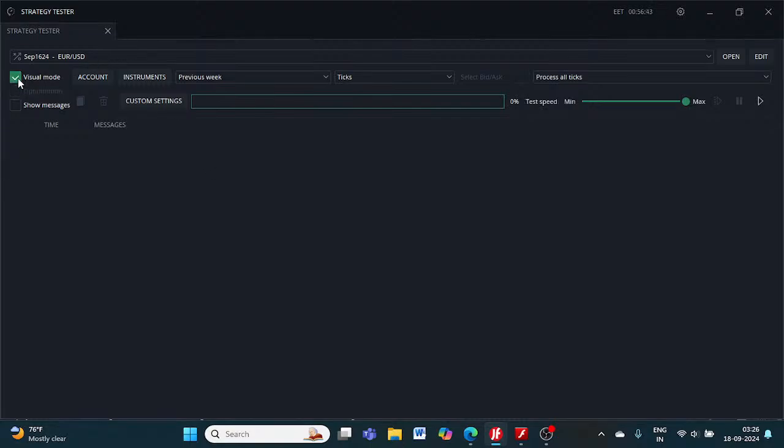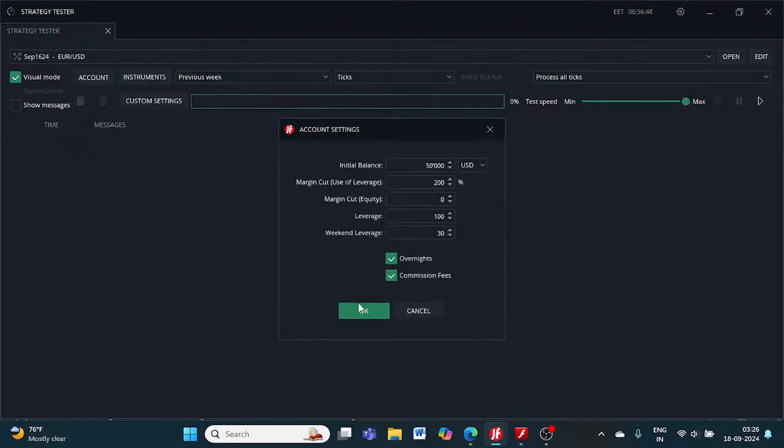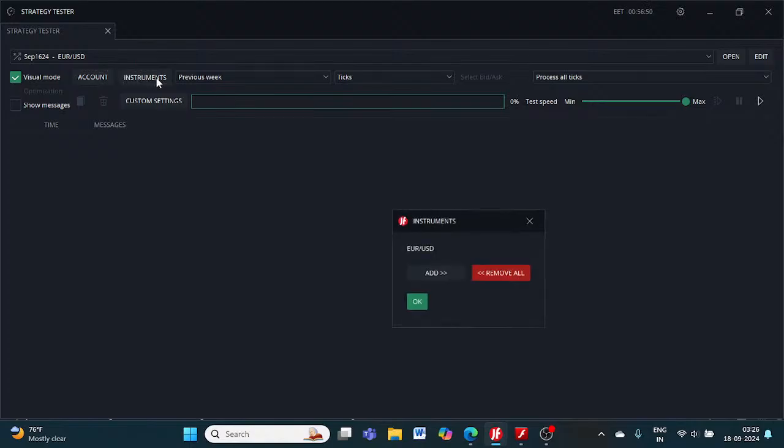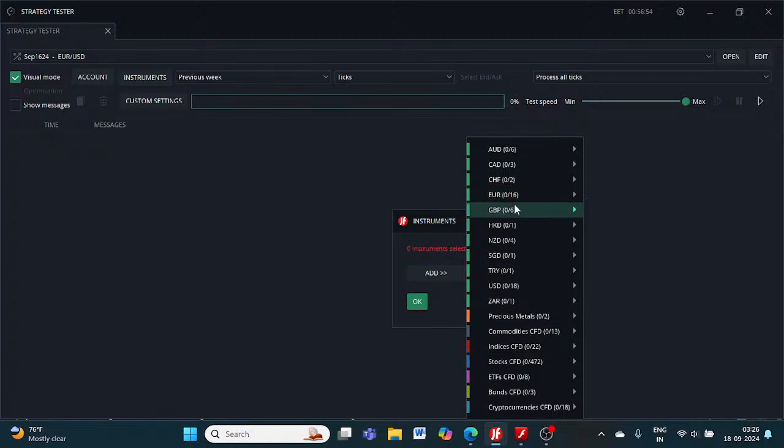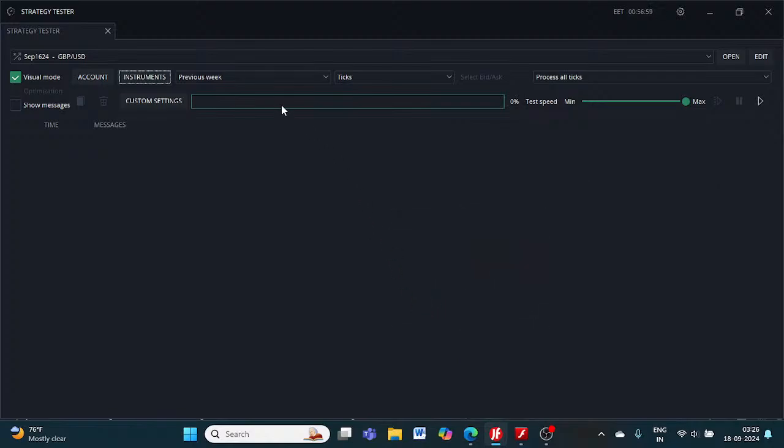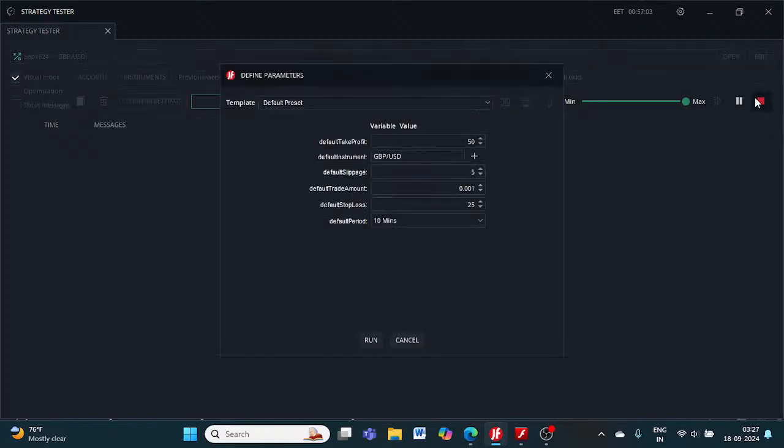Here I am opting for visual mode, instrument, account, instrument need to be changed, and GBP USD added. Previous week process. Let's start running it,